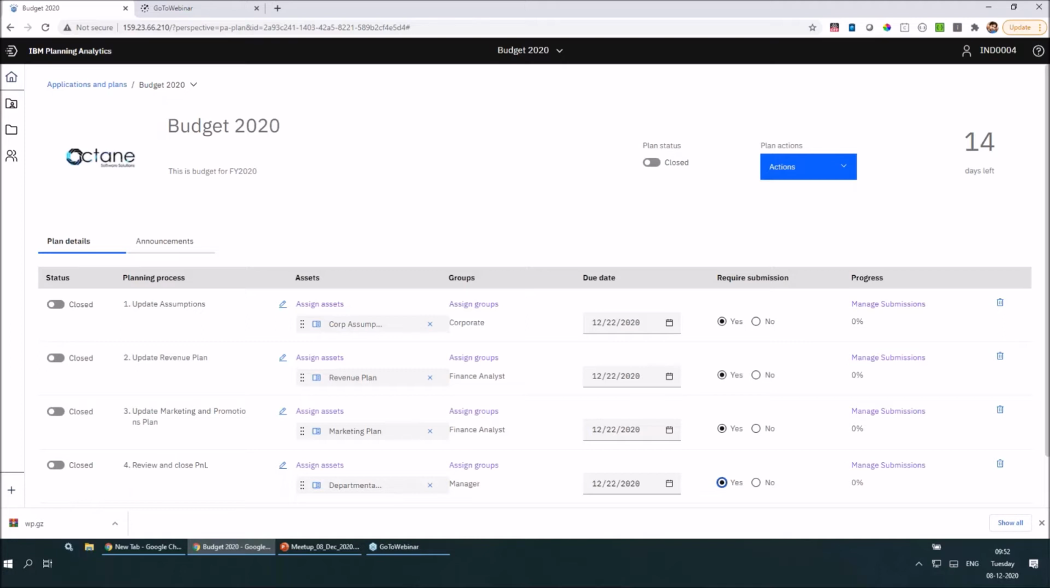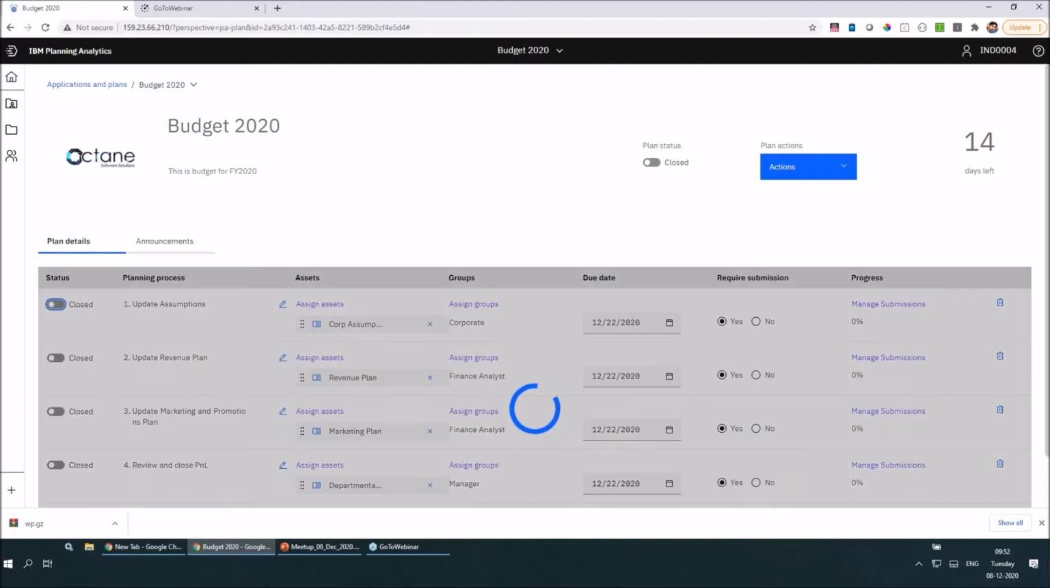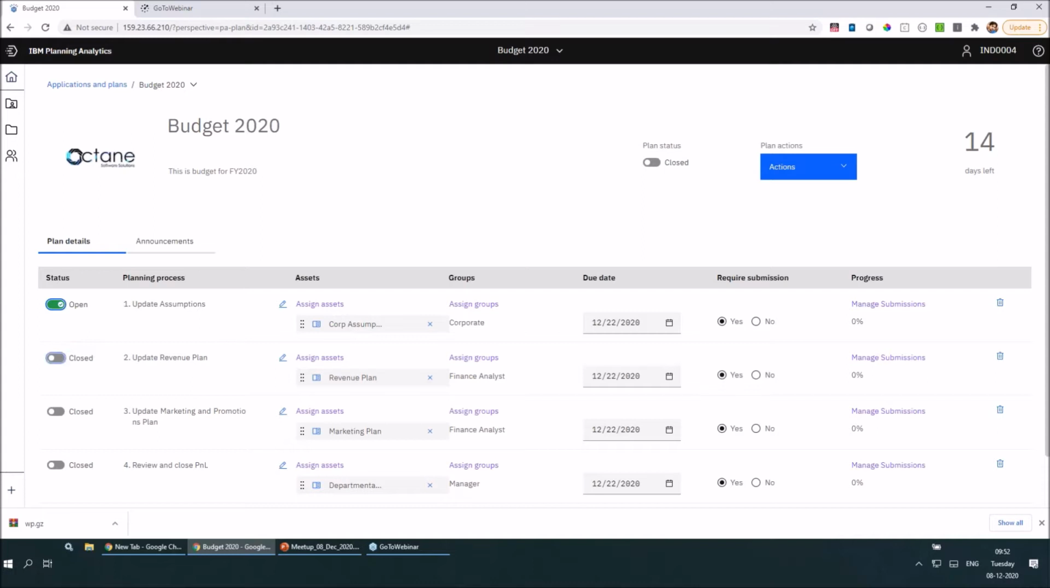All right. So now that we have created all the steps and configured it, it's time for us to open the steps. We have the flexibility to open and close the individual steps if you want, so that way you can control which steps you want to give access to for the users to start contributing to it. And finally, once this is done, you can simply open the plan by clicking at this particular checkbox